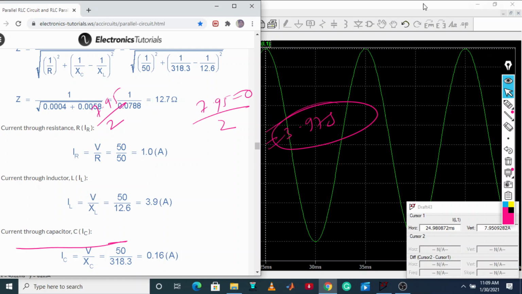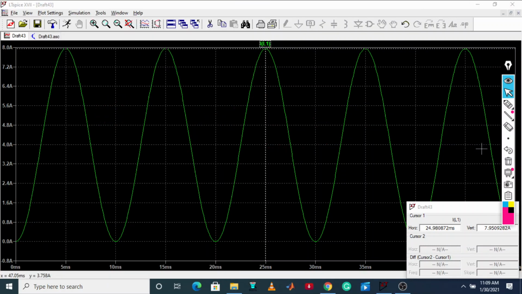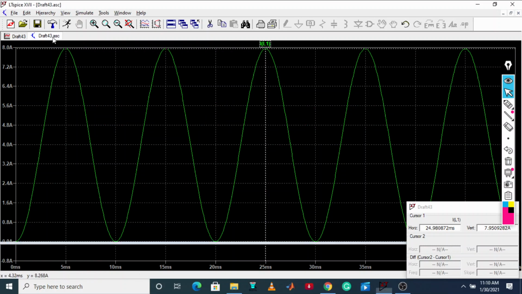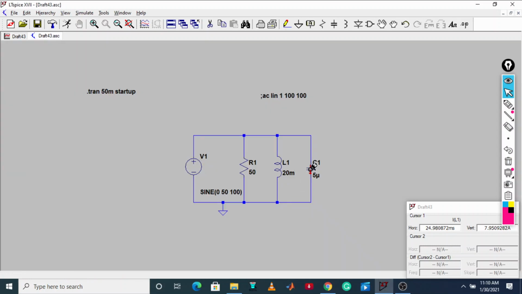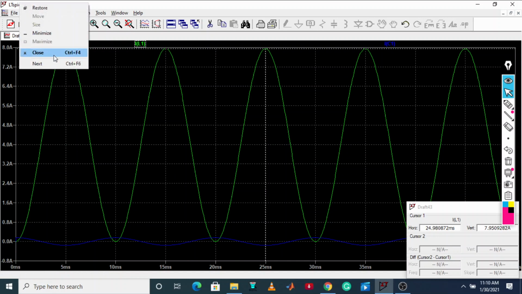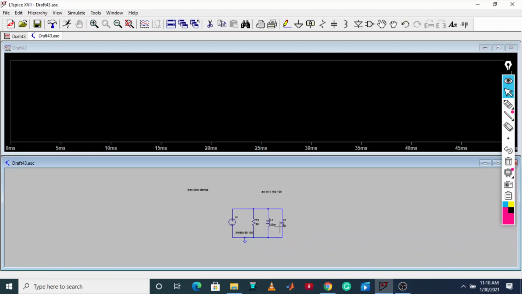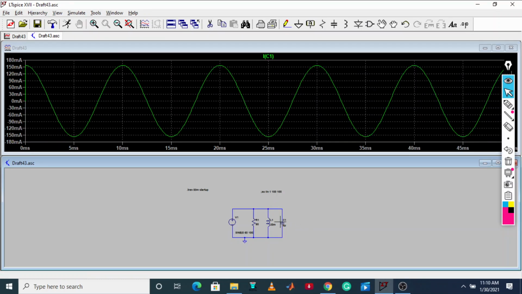From here also we can do the same thing. Now let us delete this one. Now go again to the capacitance current. Now this is the capacitance current I have calculated. Now just close this one. Now run this one. Now put here, you will get the capacitance current. Now this is your capacitance current.